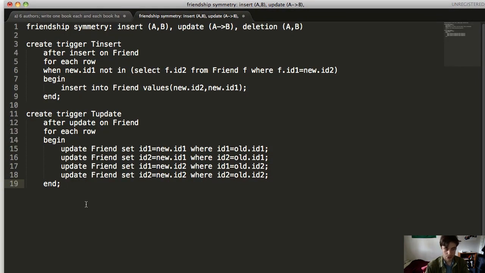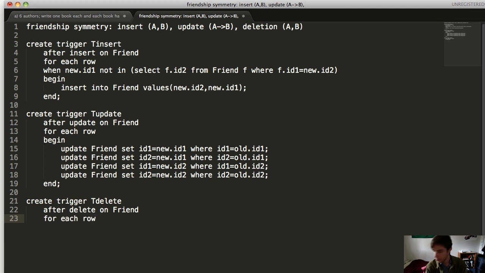The last case that we have to deal with here is the case of deletion. So if we delete friends A and B, we also have to delete BA. So we will call this trigger tDelete, and after delete on friend, for each row,